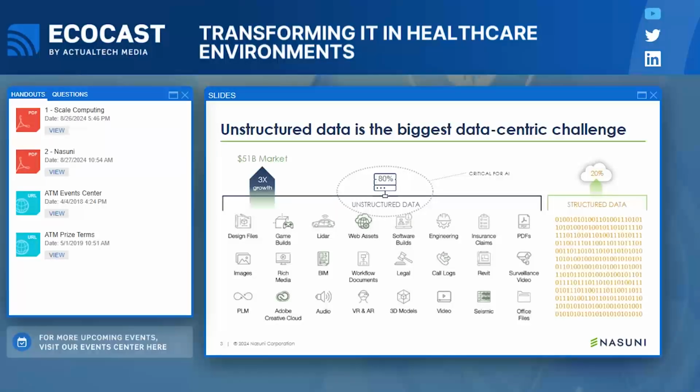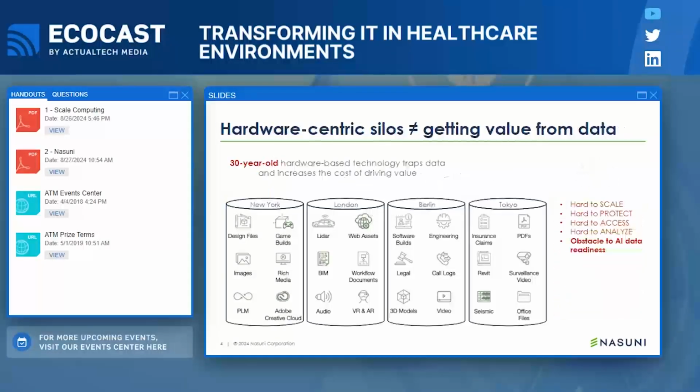So, as we think about having all of that data scattered around the world or around your organization, it's not uncommon for most organizations to have data silos. And these typically are based on hardware. As organizations have grown, they bought more storage arrays, or they acquired an organization. There's been certainly a lot of acquisition in the healthcare space. And as you bring in a new company, that infrastructure generally tends to stay put. And what happens over time, of course, is that this data gets siloed into individual areas and individual storage units.